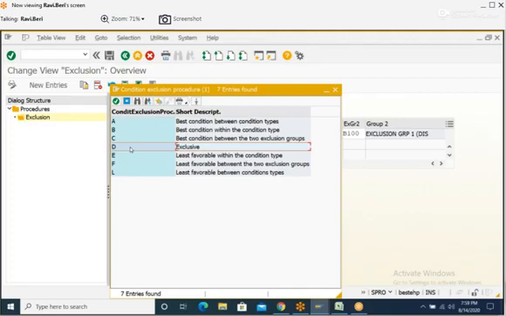So one is 20, one is 15. If you create an order for ABC, and the value reaches 10 lakhs, then both condition types will come. You will get BGR1 and you will also get BGR2, because BGR1 checks only total document value. If it reaches 10 lakhs, you will get that. And BGR2 checks only ABC. If it reaches 10 lakhs, then you will get BGR2. So here you will get both the conditions, 20,000 and 15,000. But in the group condition concept, if you are getting multiple conditions, the client will ask to propose the best one. Then in that case, you have to configure two groups, one group with one condition type, another group with another condition type.